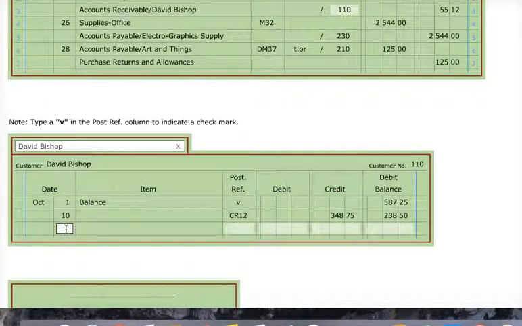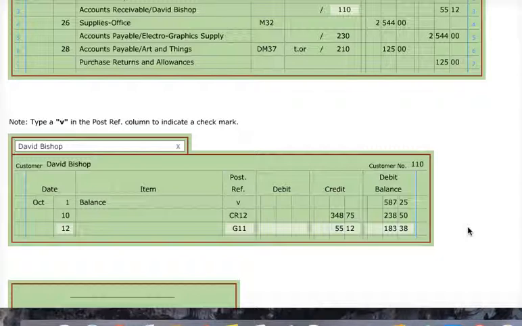It was on the date of the 12th from G11 for General Journal, page 11. And it's going to be a credit of 55. As you can see right here, credit for 55.12. So we have a debit and a credit. So take your 238.50 minus 55.12 gives you a 183.38. All right. So my last direction tells me that I need to prepare a schedule of accounts receivable for